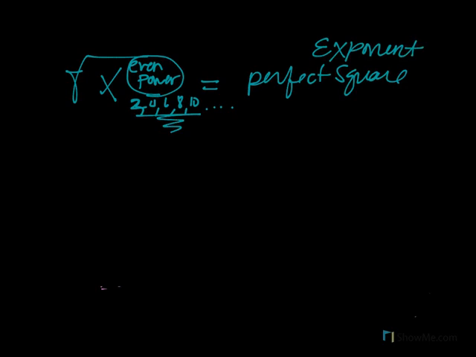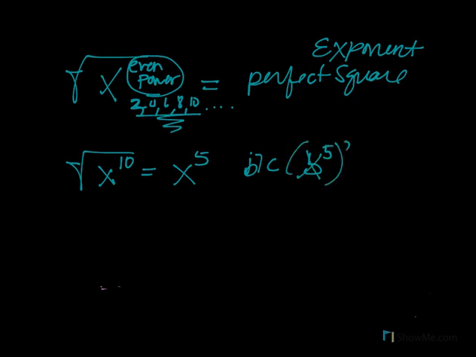And what I like to do, and you'll see from the video, she says divide by 2. I just say chop it in half, basically. Okay, so all the same thing. So for instance, if I had x to the 10th, the square root of x to the 10th is x to the 5th. Why? Because x to the 5th squared, power to a power multiply, gives x to the 10th. If I had the square root of x to the 100th, now you might be thinking it's 10, but